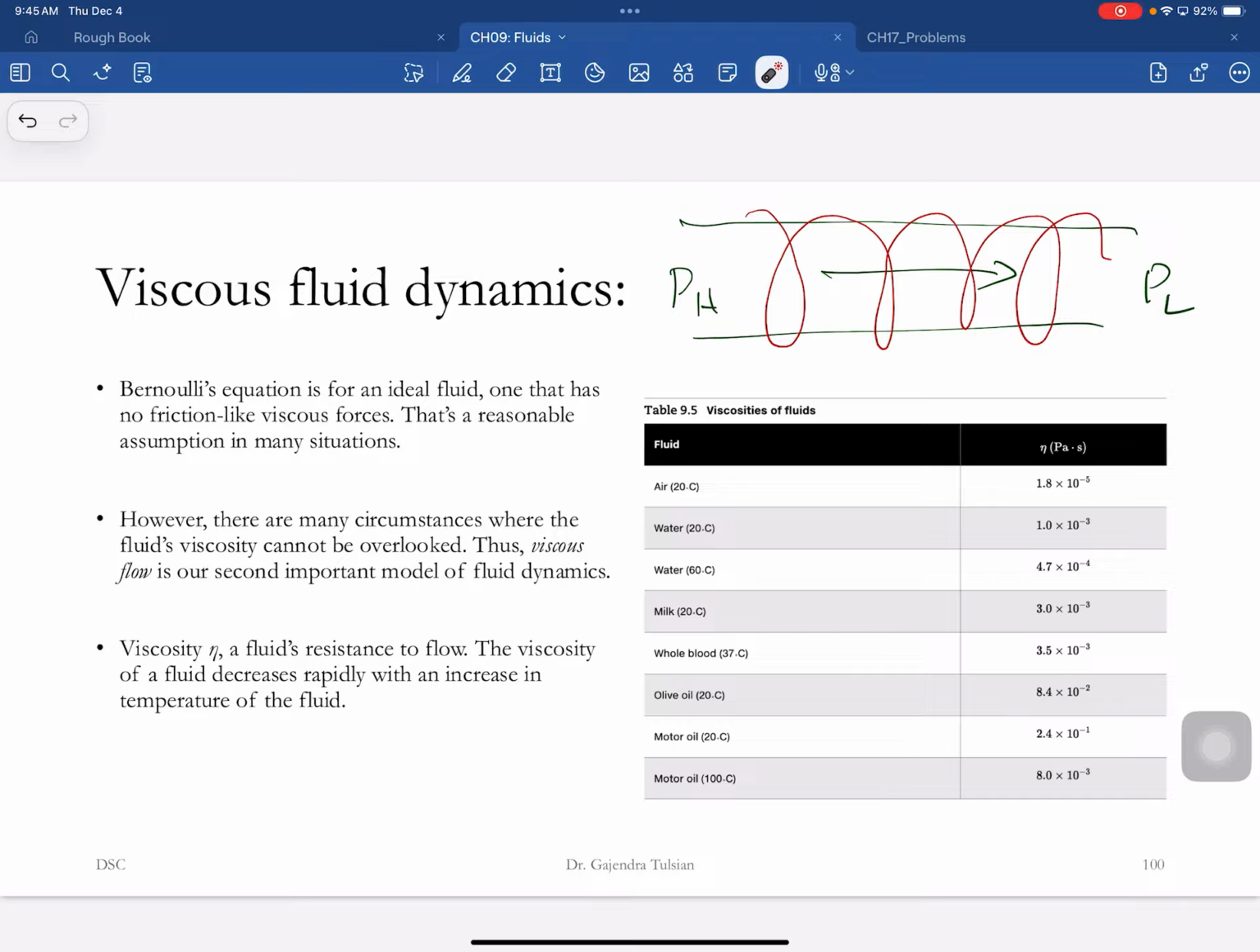And let's see how we apply this to the human body. Okay, so viscosity in a fluid is resistance to flow. The viscosity of a fluid decreases rapidly with increase in temperature. So you heat a fluid, its viscosity decreases. Okay, so if you want,